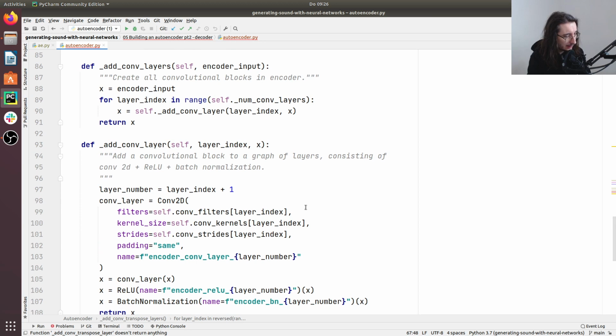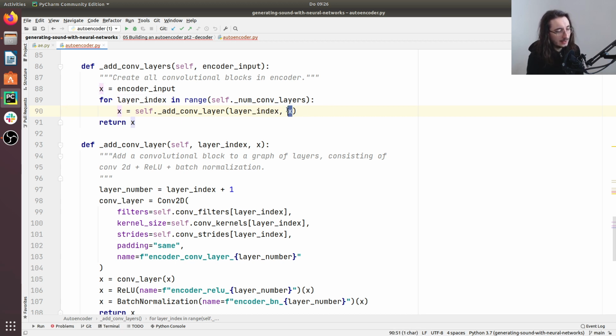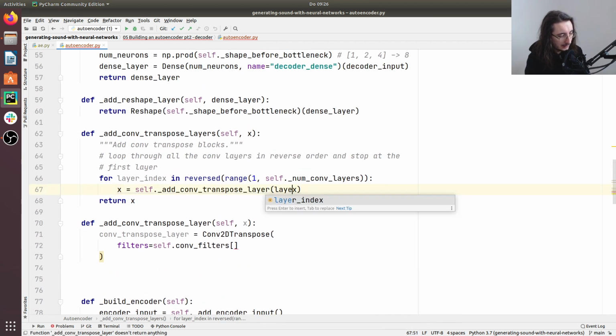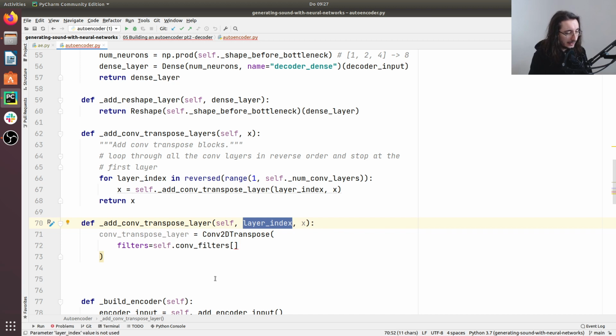So now let me just take a look at this. As you can see here, we have the same kind of structure, because we have add conv layer, and we pass in the layer index as well as the graph of layers. So let's do something similar here. We'll pass the layer index and the graph of layers. And so here, as an argument, add conv transpose layer receives the layer index as well as the graph of layers. Okay, so now we have the layer index, and then we can pass it down here in the